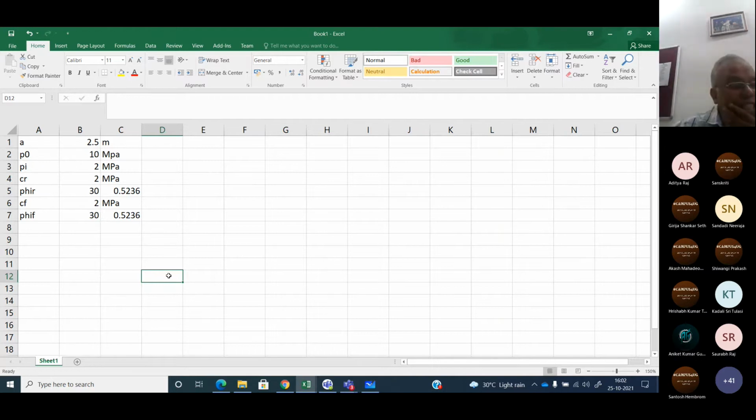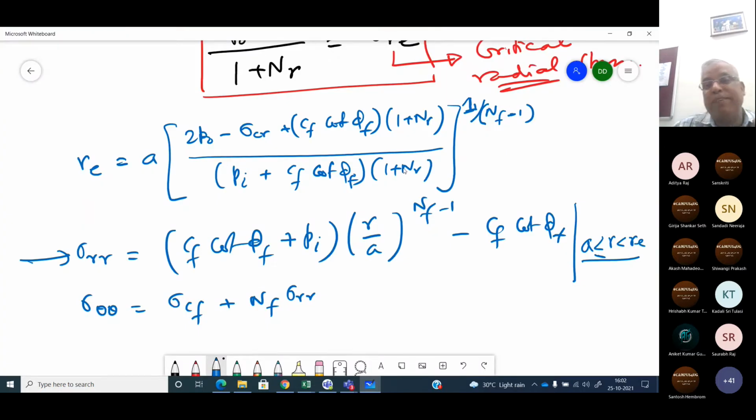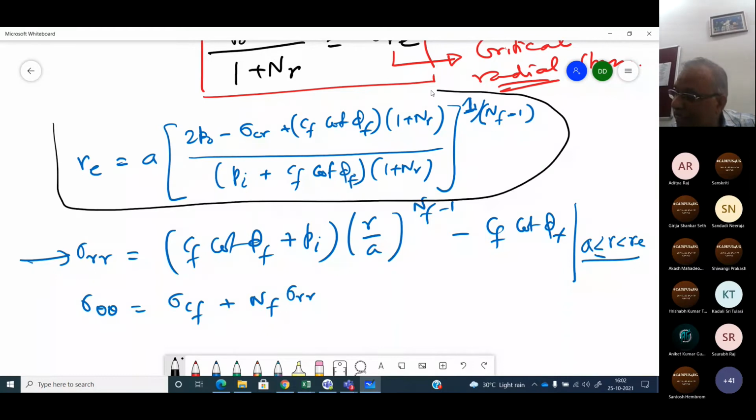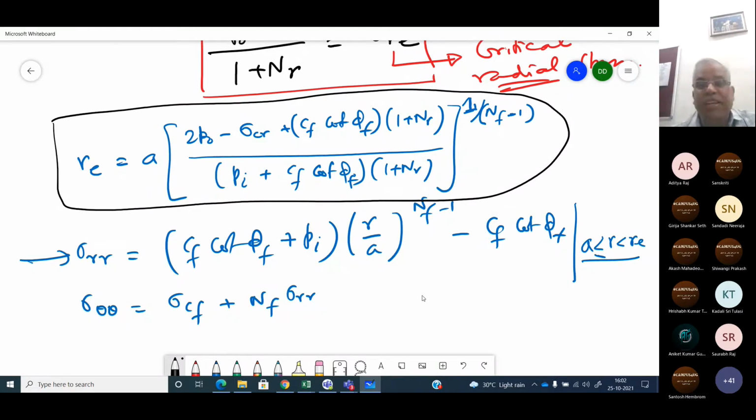So the first and foremost thing is to find out what is the critical sigma Re. We can either find out first the critical sigma Re and then Re, or we can directly use that formula to calculate Re. But let me give you a very good tip here. See this equation, you pay a little attention, and why I told you it is so critical and it is called critical stress.